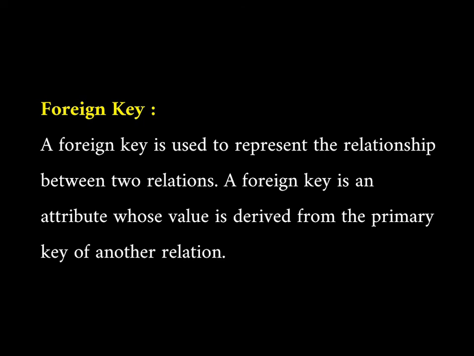When we create a relationship between two tables and we drag the common field from the first table to the second table, then there is a primary key and a foreign key. That's why we can create a relationship between these tables. So in the student table, branch code is a foreign key in the student relation, whereas it acts as a primary key in the branch relation. The student relation is called the reference relation and the branch relation is called the foreign relation.